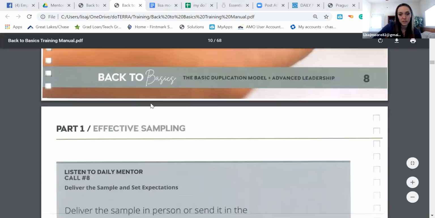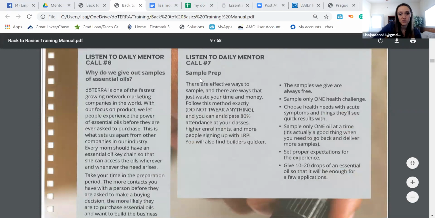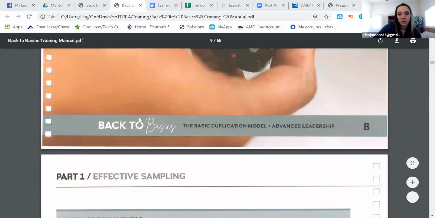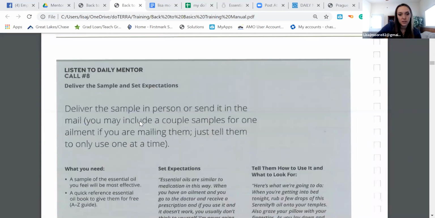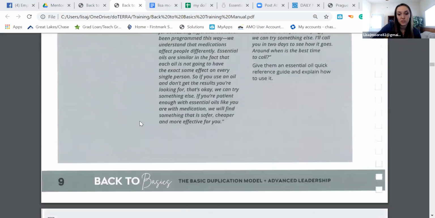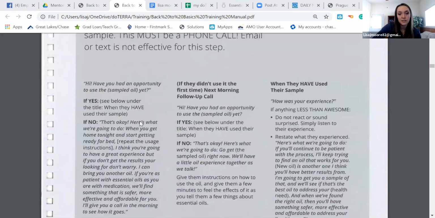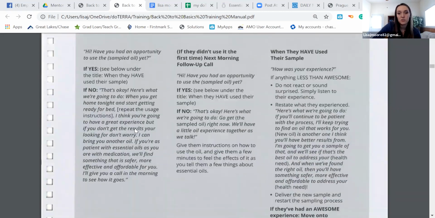is delivering the samples and expectations, prepping the sample, all right, and understanding why about the samples, okay, and then learning the script in 8 about when you're delivering it. And now with 9, this is the 2-day follow-up. This is super important. And this can be kind of a process depending on if they've used it or